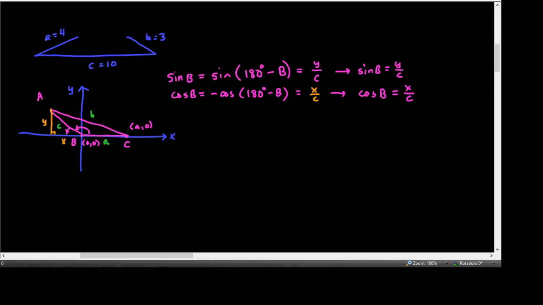All right. So that means that the coordinate of point A, if we solve this one for y, will be c sine B, and x will solve to be c cosine B, making the coordinates of point A c cosine B, so its x coordinate, comma c sine B. Okay, so